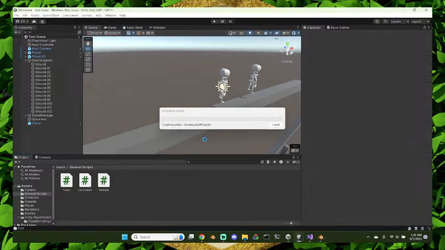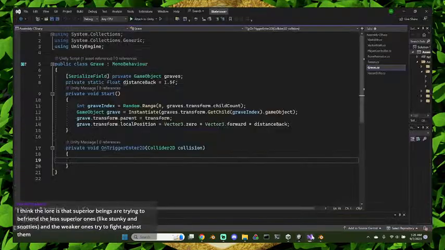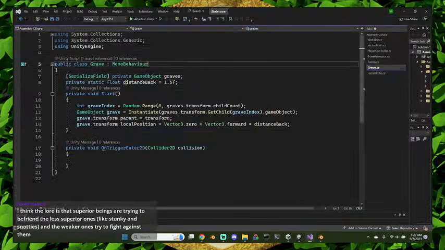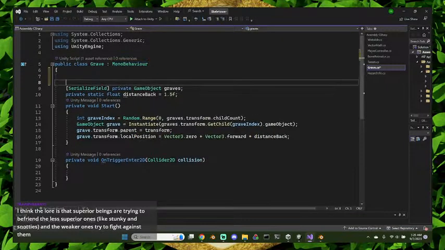Delete that. Alright. We actually don't need what I was thinking we needed, because we can just include this as a static variable here. So here what we're going to do is, up here we're going to say serialized field